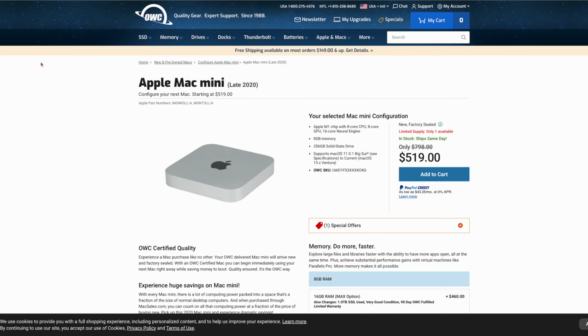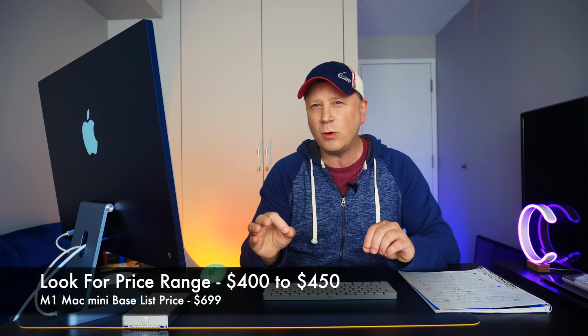I'm showing you my screen over here. This is one of the cheapest ones I saw new right now. They're actually selling it new from OWC for $519. Don't buy it for $519 either. If you're going to pick up the M1 Mac Mini, look for sales coming up in the $400 to $450